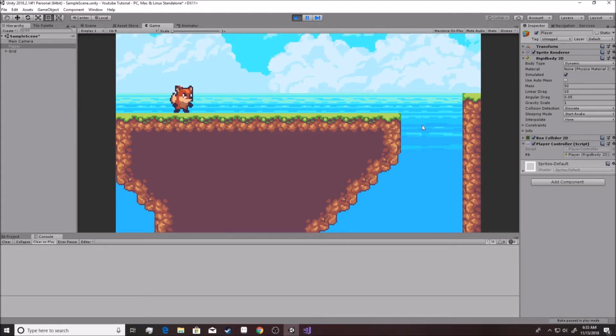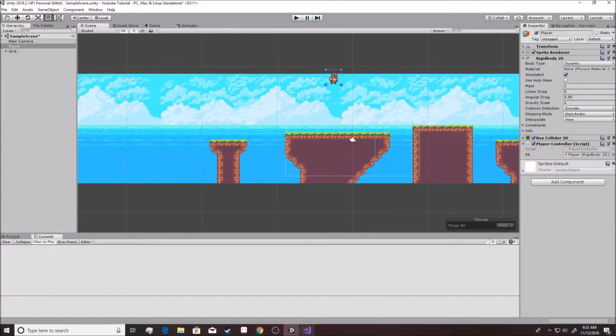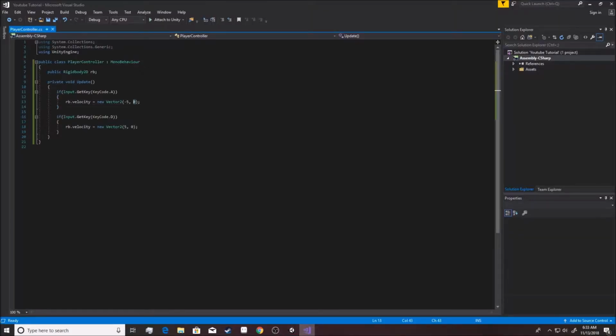Now you'll notice something interesting happen if you just keep on going straight. Watch this. Whoa, he just keeps on flying straight. He's not falling, but you let go and all of a sudden he starts falling, right? Why is that happening? Well, if we unclick this, it's because we have 0 and 0 inside of here. So the gravity system's not really being active because we're continuously setting it to 0 on there. If we actually had this to like 0.1, he'd actually float up a little bit when he's moving right, for